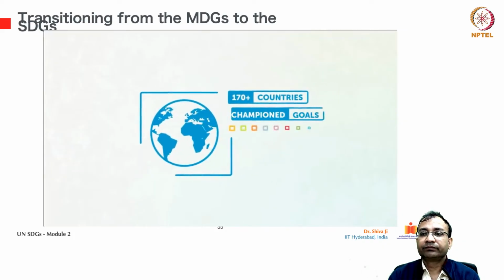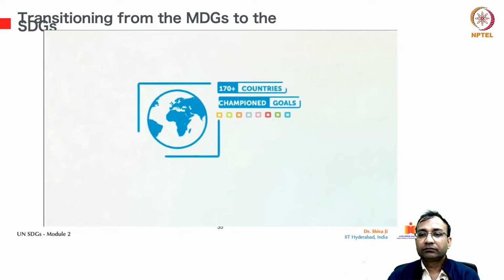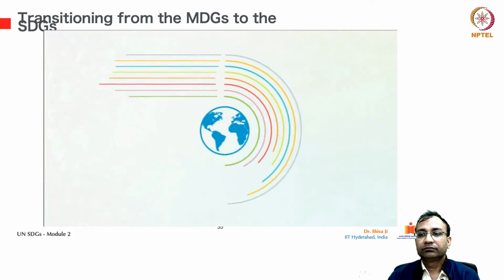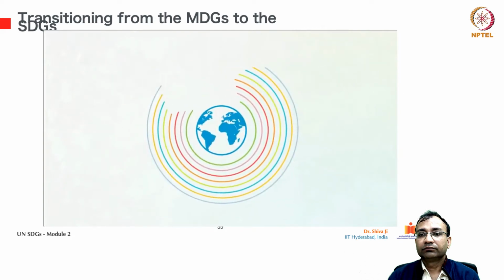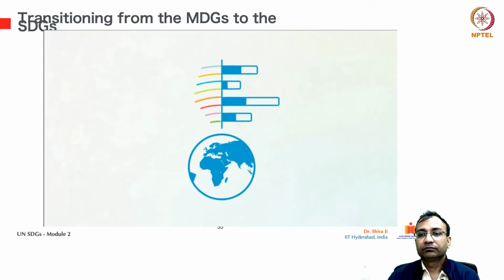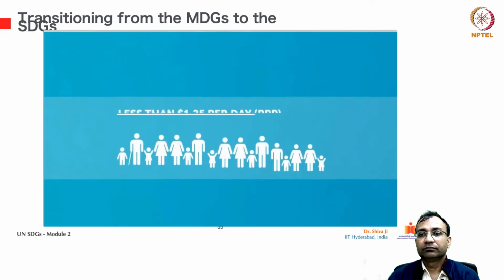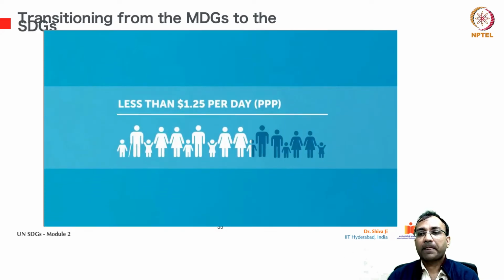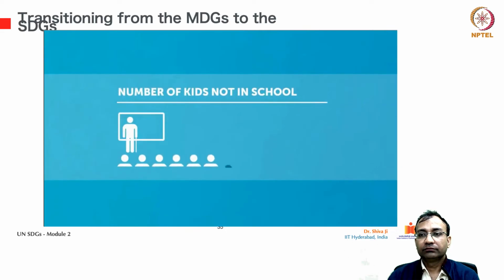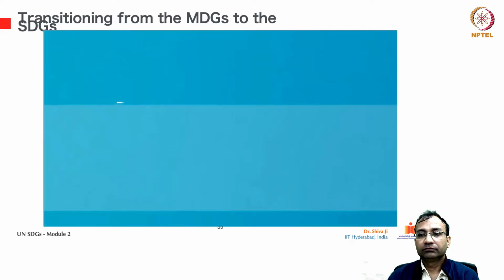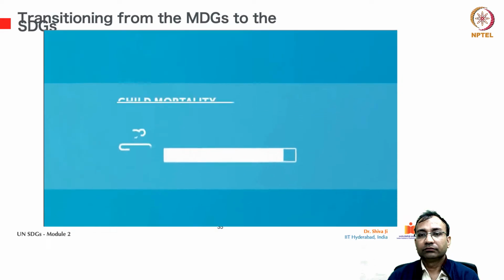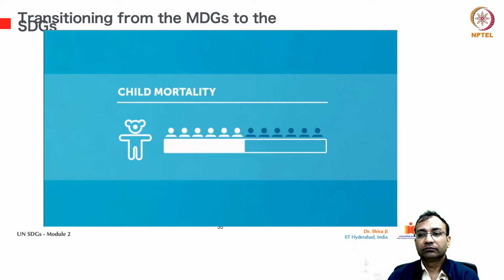We championed the goals so that people everywhere would know what they were and how people could do their part. We funded projects that helped fulfill the goals. We helped countries accelerate MDG progress by breaking down the silos and working across sectors. We acted as scorekeeper, helping countries to track progress. As a result, the number of people that live on less than $1.25 per day has dropped by more than half. The number of primary school-age kids who don't go to school, down by almost half. The number of people getting life-saving treatment for HIV increased by over 15 times. Child mortality, down by almost half.